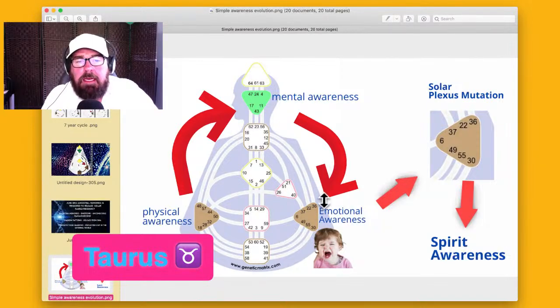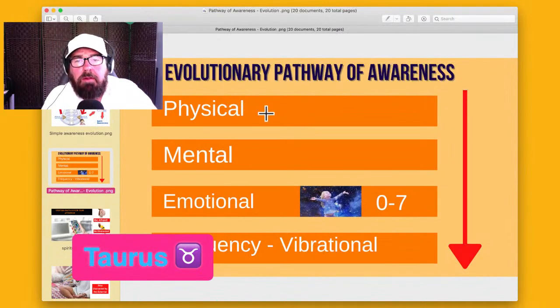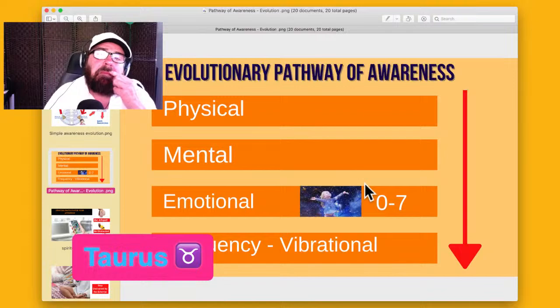So the imprinting, here's how it works, everybody, with the pathway of awareness. And this is our evolutionary process, right? We're going to the physical, mental, emotional, down, back to frequency, vibrational. Well, we get imprinted from 0 to 7 years old, emotionally imprinted. So maybe you did, I'm just throwing out a scenario here for you, maybe you did ask for help from a caretaker, right?